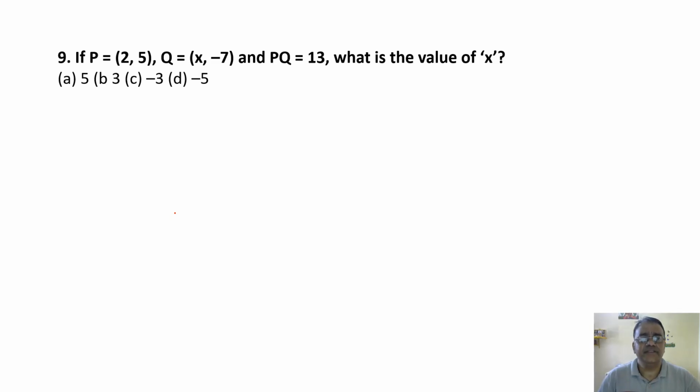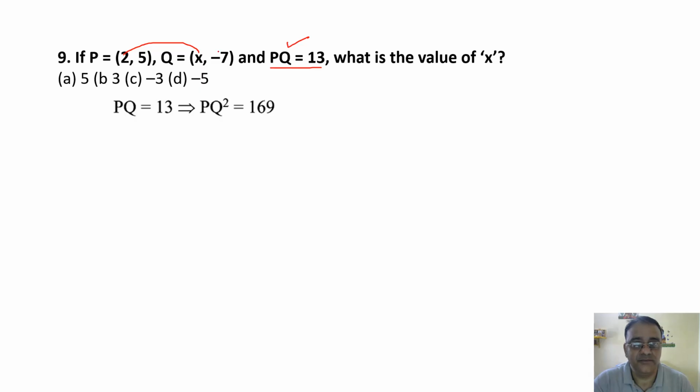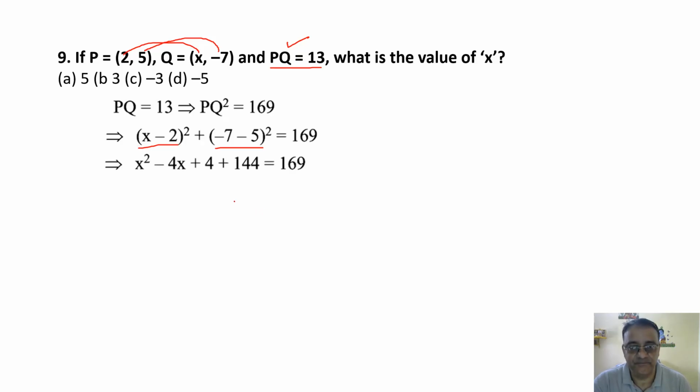Next question, if P is equals to (2, 5), Q is equals to (x, -7) and PQ is equals to 13, what is the value of x? So PQ यहाँ पे 13 दिया हुआ है तो PQ square हो जाएगा 169. Now PQ square, (x minus 2) whole square plus (-7 - 5) whole square, and that is equals to 169. When you expand, this will become x square minus 4x plus 4 and this will be (-12) whole square, that is 144, right? ये दोनों 148 हो जाएगा,